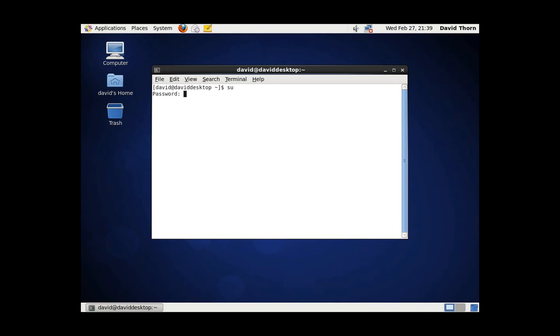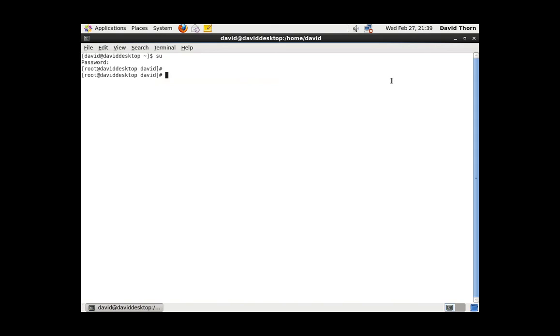Okay, now we have root. Let's just clear this out, and what we're going to edit and open up is vi /etc/sysconfig/network-scripts/ifcfg-eth0. Okay, I know this is the Ethernet card which I've got, so we're just going to